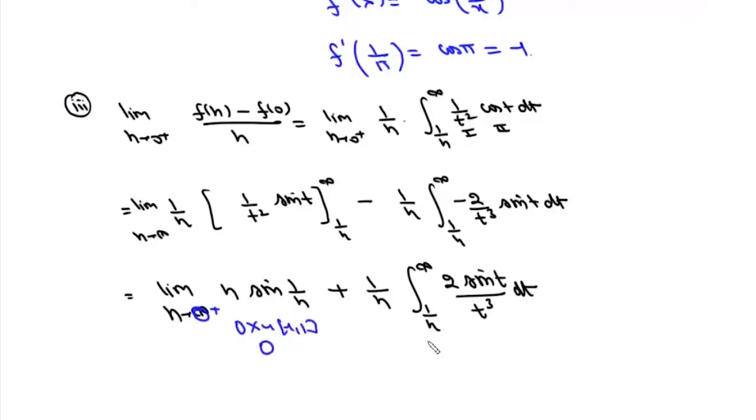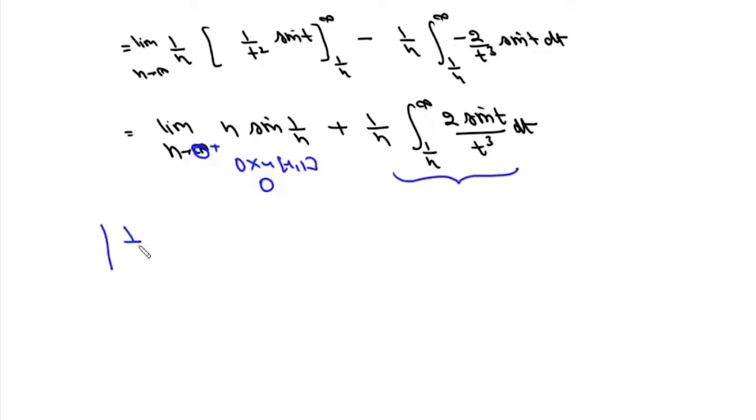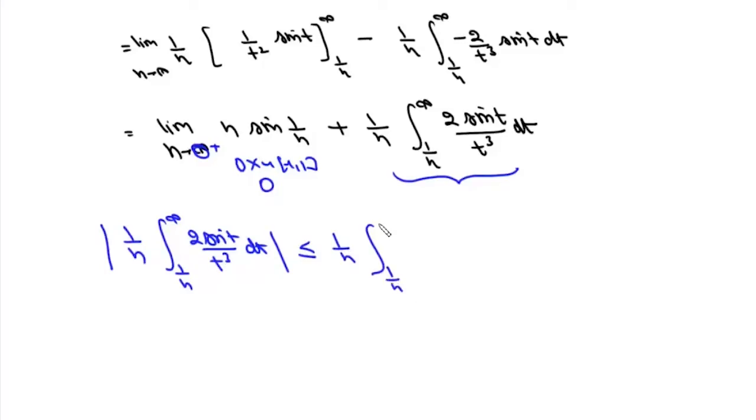So this is 0, and we'll prove that this integral also converges to 0. Now again we'll use absolute convergence. So we can write mod of 1 upon h, this integral from 1 upon h to infinity of 2 sin t upon t cube dt will be less than or equal to 1 upon h, and then this integral from 1 upon h to infinity of mod 2 sin t upon t cube, and